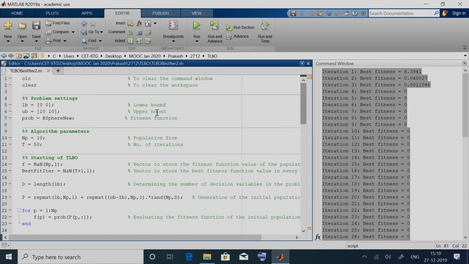Let us say the lower bound was minus 100, and it was a 4 variable problem, and the upper bound was 100.